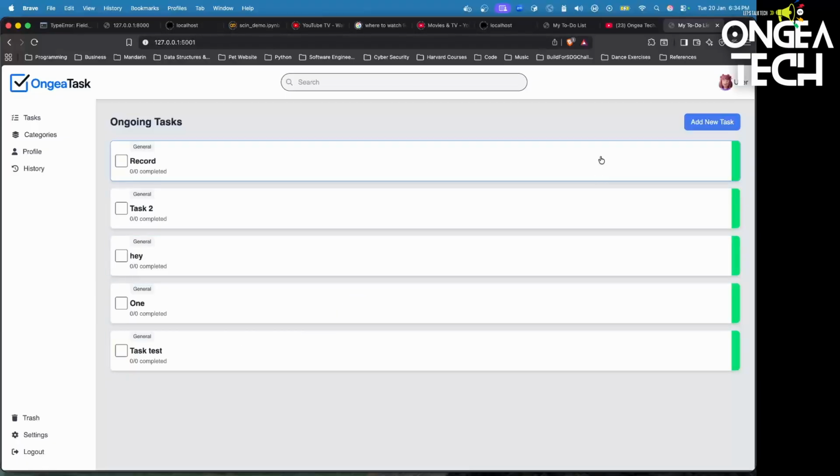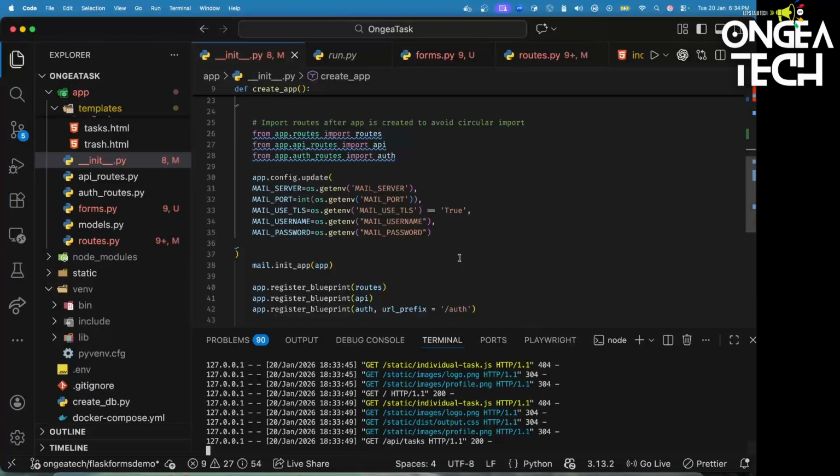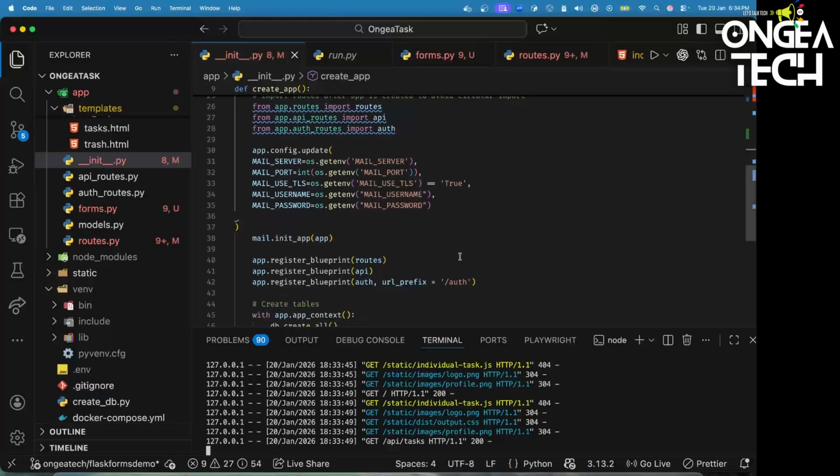So that is it for this demo. We were able to use Flask Forms to demonstrate how to use Flask Forms, and it's pretty straightforward. I recommend doing a lot of practice on this, once, twice, three times, but make sure you join the